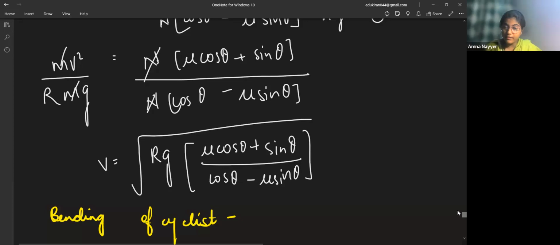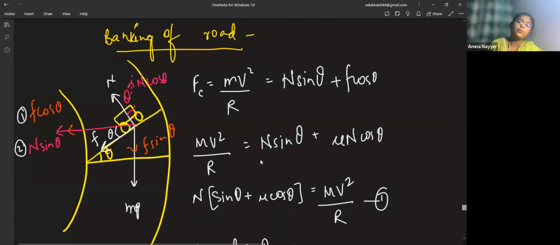This formula derivation is also there in your syllabus, and you have to remember the formula also. And one thing I'll tell you, the questions are not difficult from this topic. It's just that the derivation is very lengthy, and the questions that will come out will be just formula based questions. So every value will be given, so you can easily score in this topic.